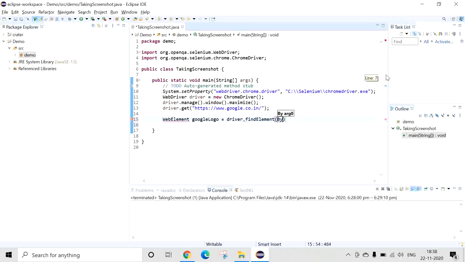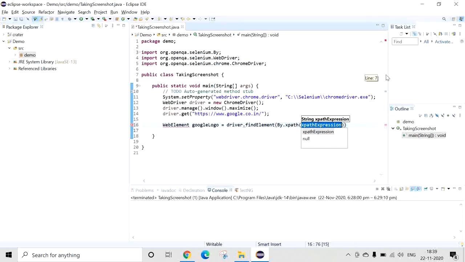Here you can say By.xpath. You can write the XPath of that ID, id equal to logo, as our XPath. Okay, done.